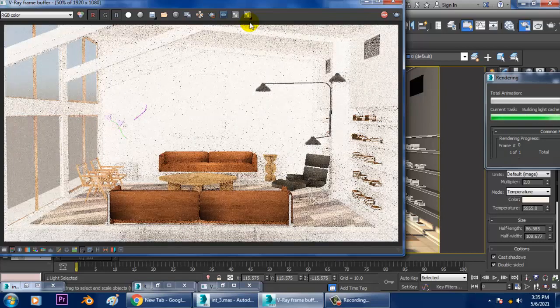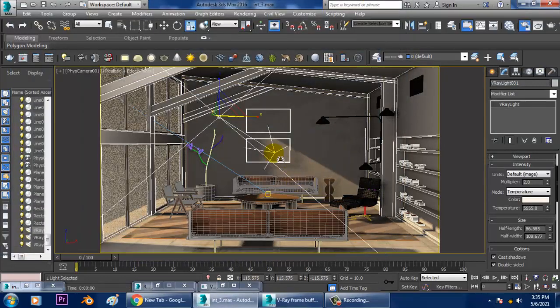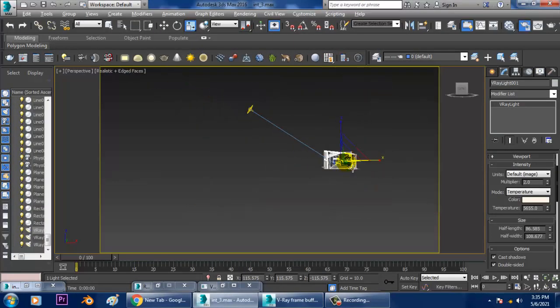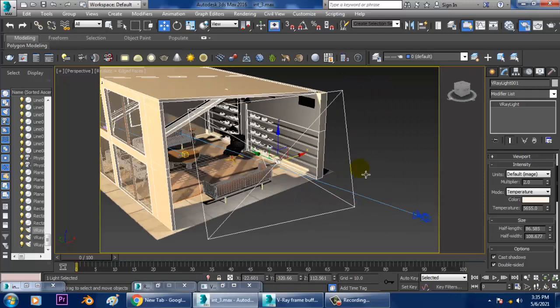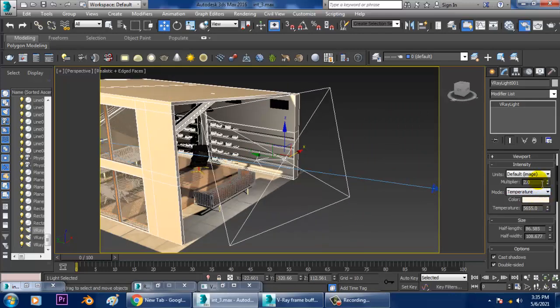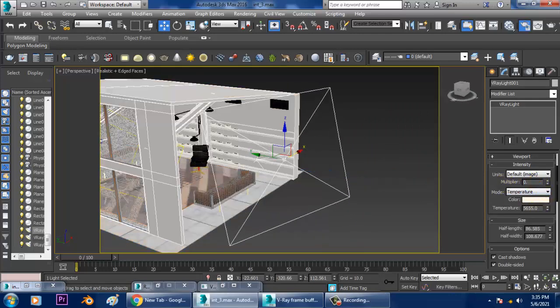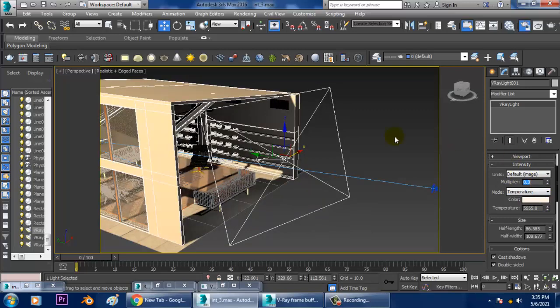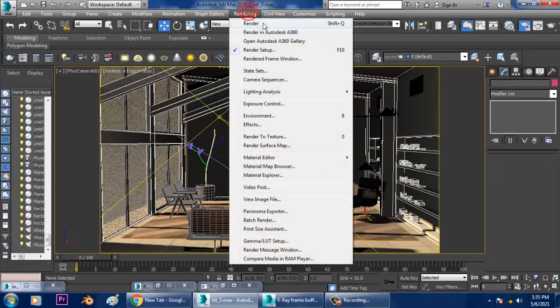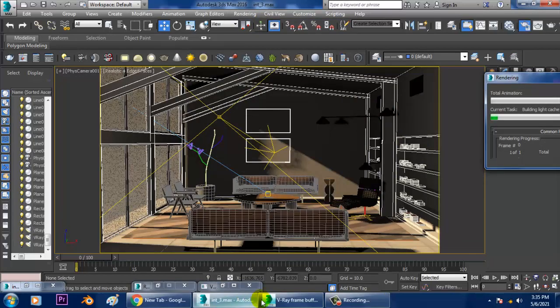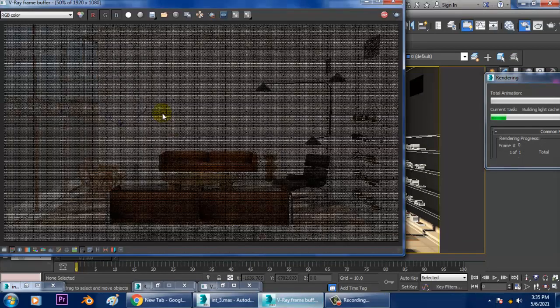So still the lights are very high, so we can select this light and let's make it 0.3 and let's render it. Okay, much better.